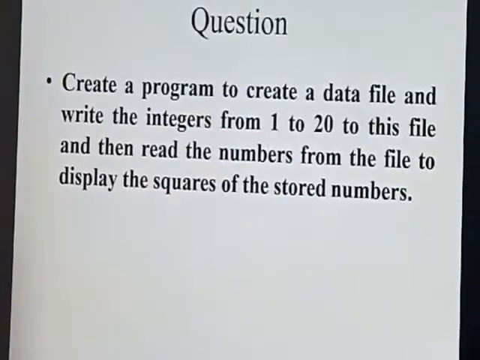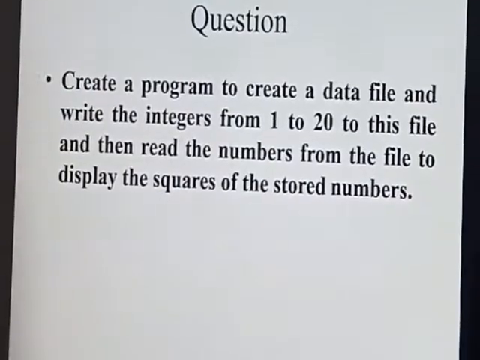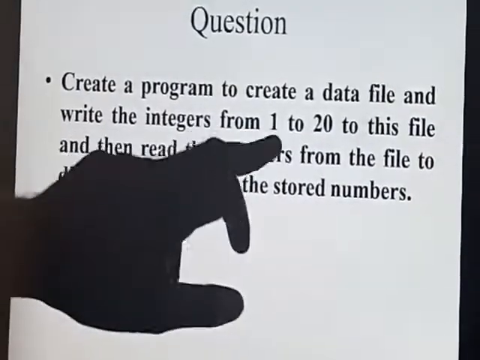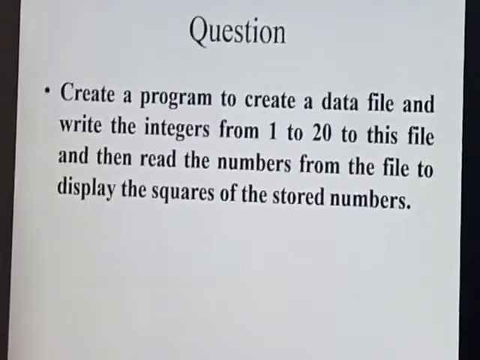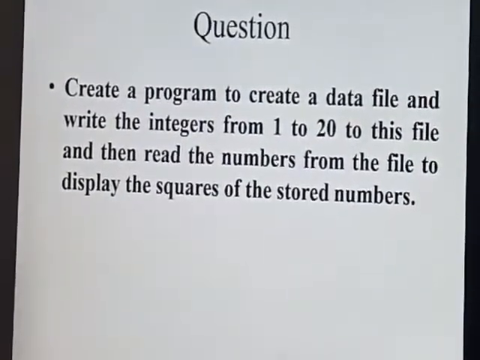And the next one is something with the program. It reads integers from 1 to 20, and I am going to find the square of that. For this I am going to use the file. I have opened the file pointer, and I have declared the file data as integer type, and I am opening the data file in write mode, and I am writing the I value, 1, 2, 3, etc. up to 20 into the file.